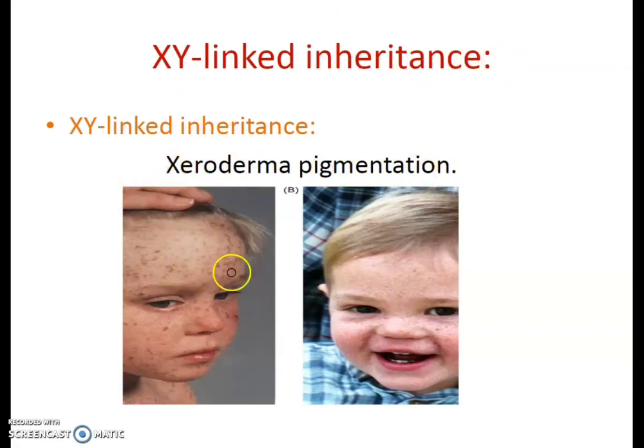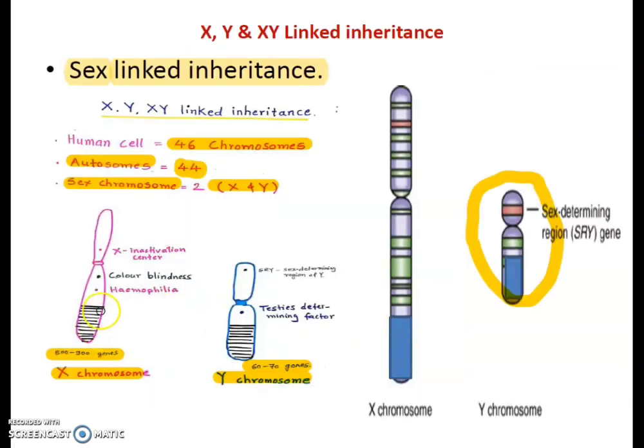Xeroderma pigmentosum: this pigmentation we observe on the face of this child. It is so because the gene is located on both the X and Y chromosomes. So it is called XY-linked genes, and it is inherited from both parents. It is called XY-linked inheritance. The region of XY-linked inheritance is here. This region is common in the X chromosome and Y chromosome, while this region